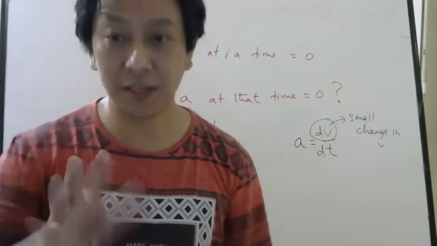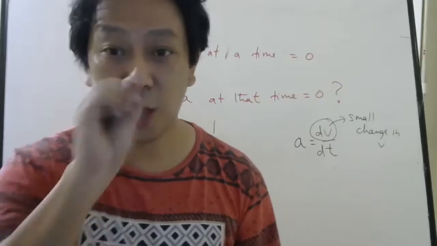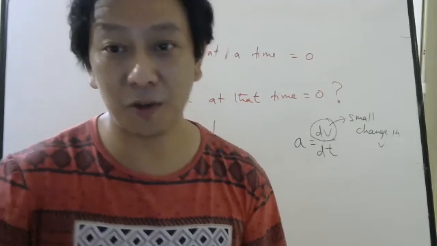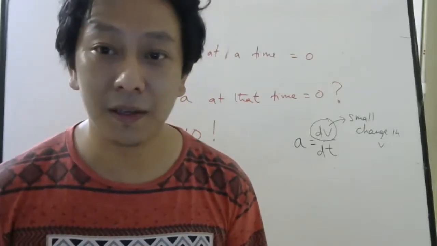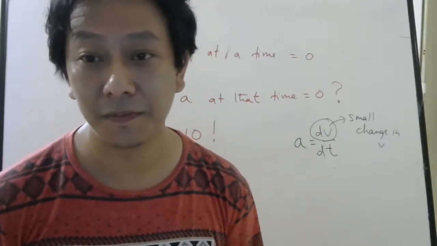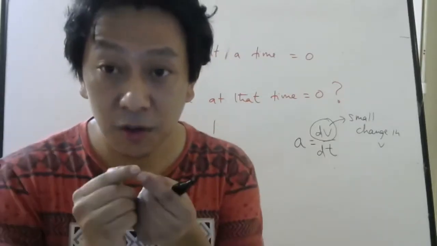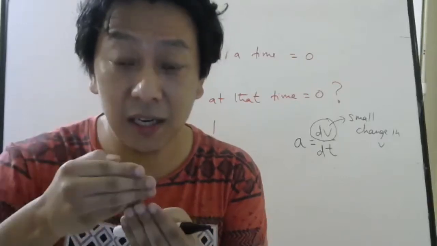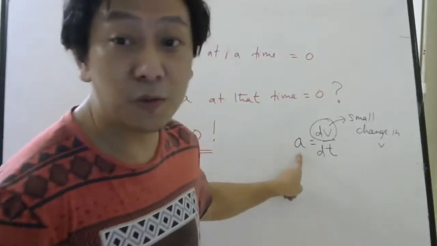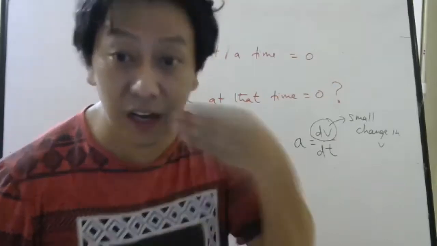Yes or no? For example, I don't have money right now. So how much money I have? 0. Does it mean after 1 millisecond or after 1 microsecond, I will not have money? Who knows, in that time somebody may transfer some money in my account, or somebody may put 100 rupees in my pocket very quickly. So not having money doesn't mean you cannot have change in money. And acceleration has to do with change in velocity, not velocity.